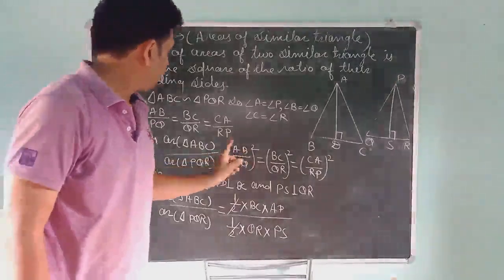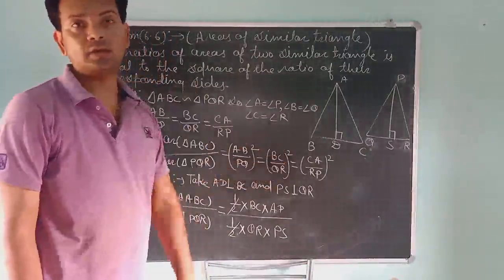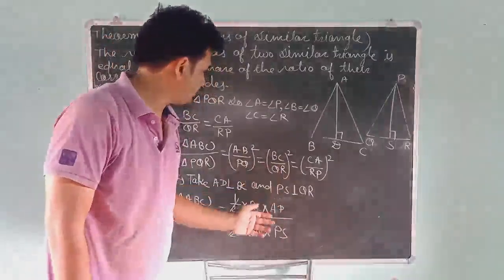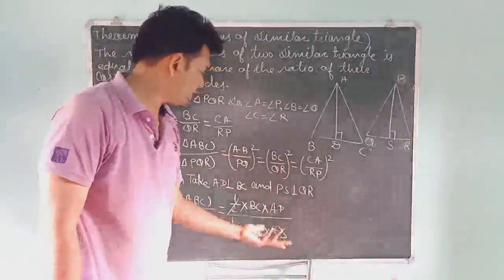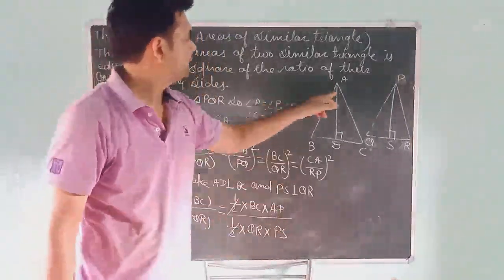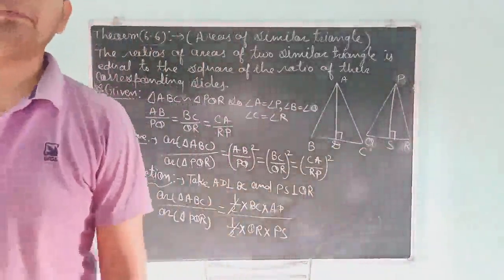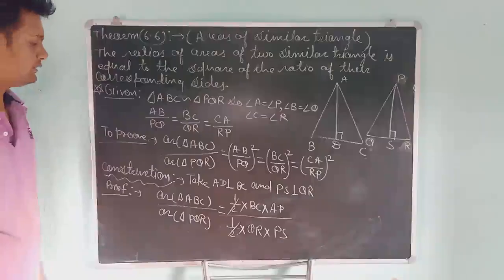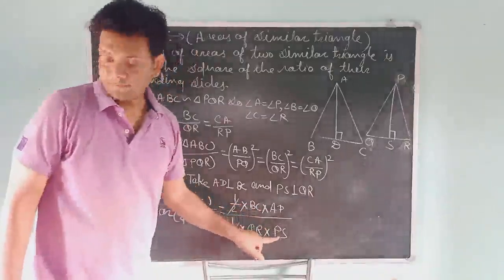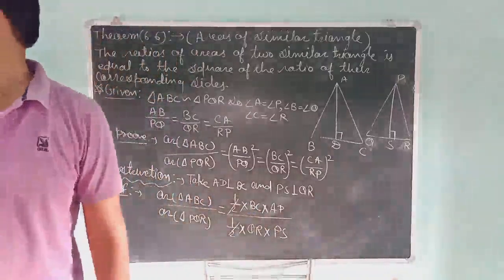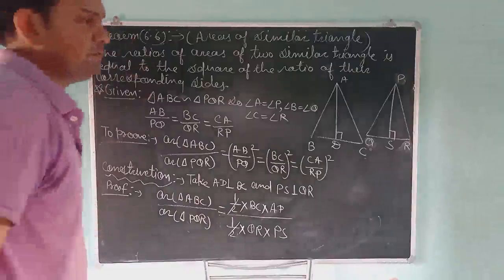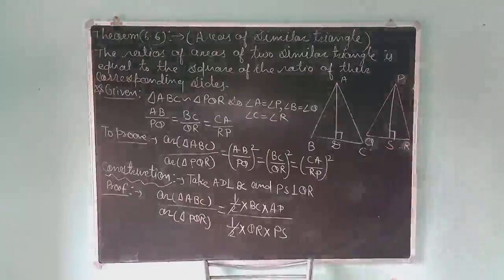Students, you see, we have to prove BC upon QR whole square, but I only have BC upon QR and I don't have BC upon QR whole square. And here we have another two sides, AD and PS, but I don't want to take AD and PS. But when we find the ratio of area of these two triangles, we have AD upon PS and BC upon QR. So students, we have to change something and create something new. Okay students, first of all we will erase the upper side and then we will solve again.